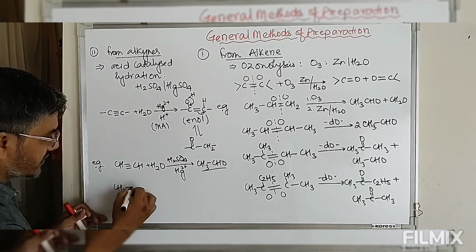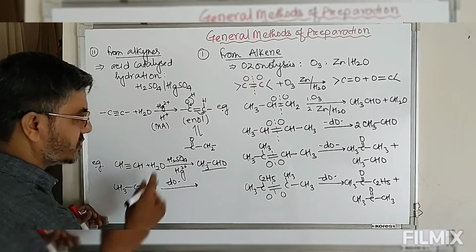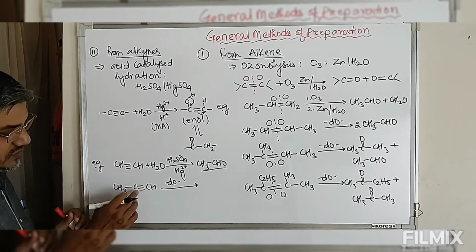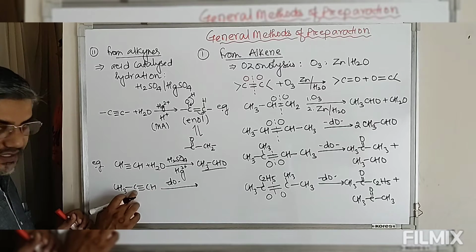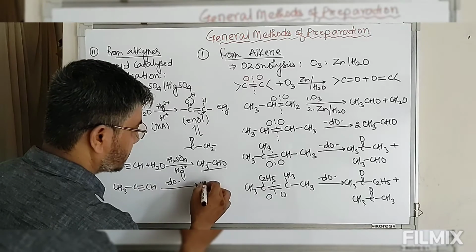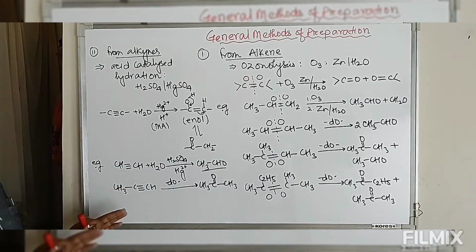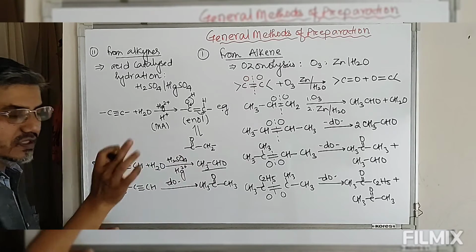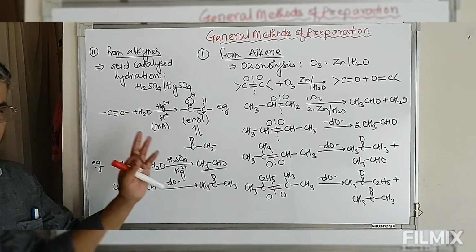So take this CH3 C triple bond CH, by use of the same reagent, addition of water in presence of mercuric ion. So now look at this, we have different carbon. So this is unsymmetrical, so Markovnikov's rule. So positive, more hydrogen, negative, less hydrogen. So oxygen will add to this central carbon. So this will give you ketone. So all alkynes except this ethyne will always give you ketone, but this ethyne will always give you aldehyde.